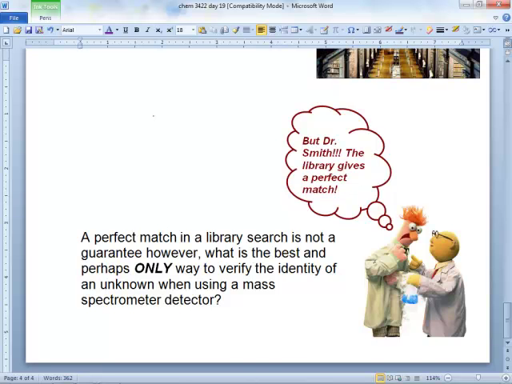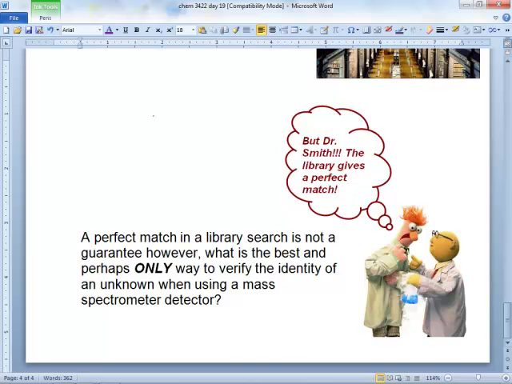This is just one perfect example. What's the best and only way? Because a library search is just that. It's what the mass spec looked like on this guy's machine at that time. If you want to show that, I don't know, this guy had some drug in his system, right? You can't just compare the library search. You have to actually inject that pure